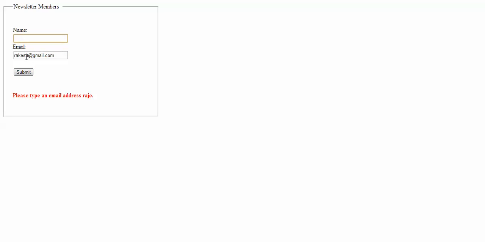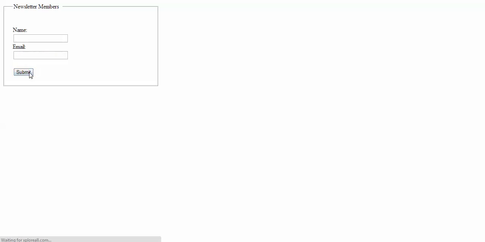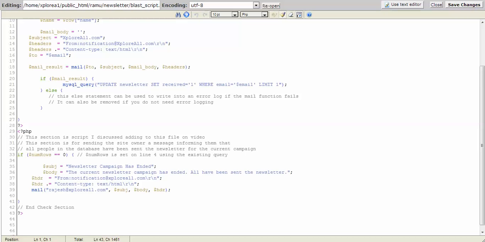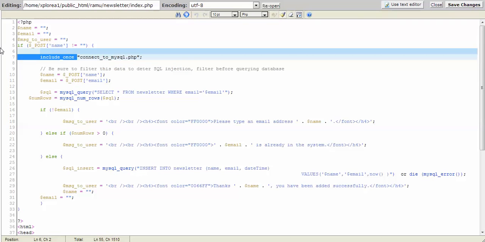See what happens when I submit that: it has been fetched into the database. So if $_POST of name is not equal to none,